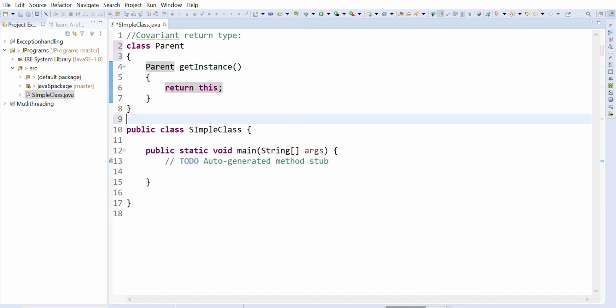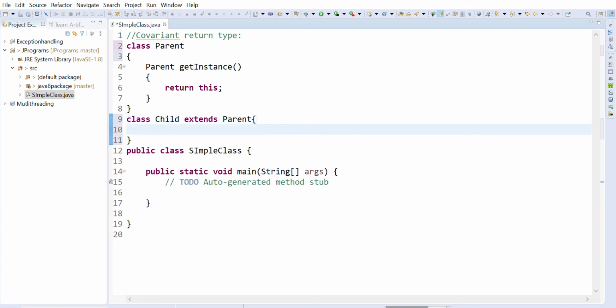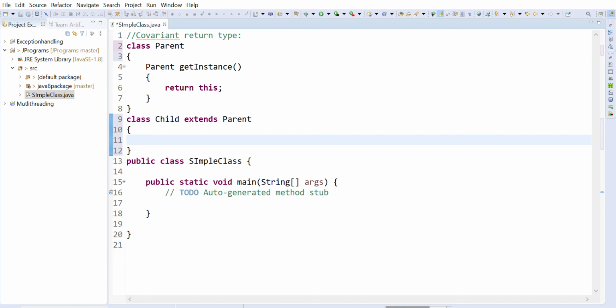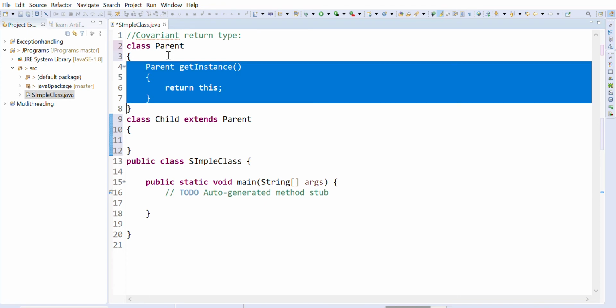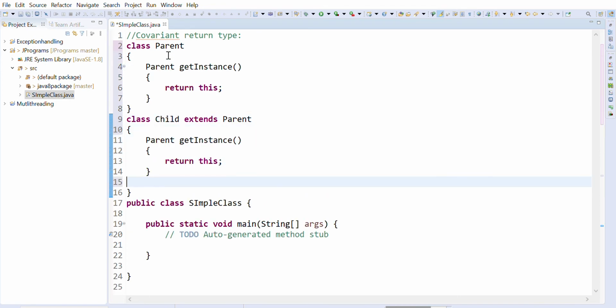As you know, in inheritance, if we have a class Child and we want it to inherit the features of Parent, then we have to write the extends keyword, and after extends we write Parent, and the child will have all the data of the parent, because we have inherited using the extends keyword. If the child class wants the same method inside it, it should return a Child object.